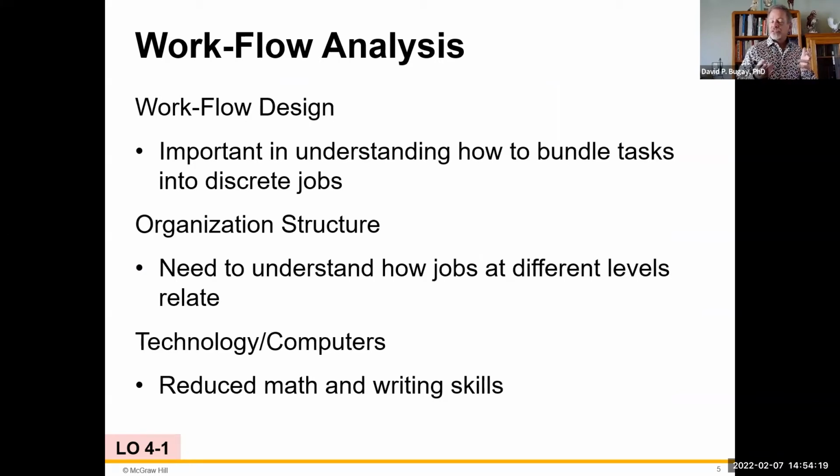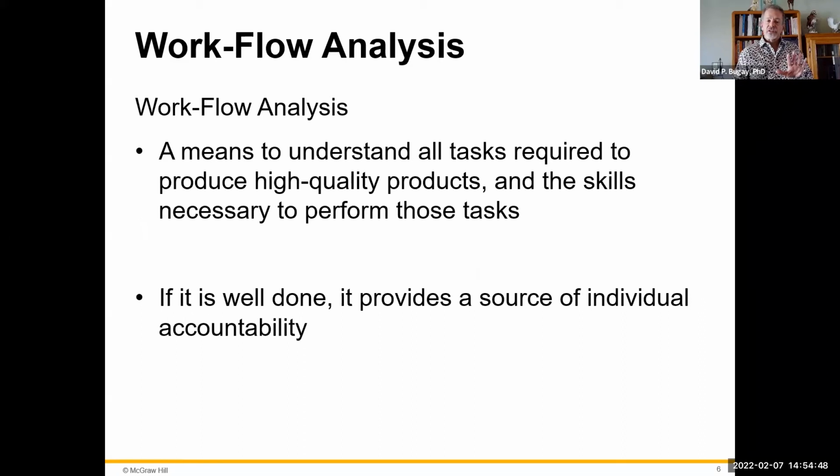Look at the organizational structure. Does marketing operate independently, or should marketing be working in coordination with manufacturing before they sell a product that isn't made yet? Should manufacturing work with marketing in making certain that when they manufacture something, the people at the other end can sell it and know all of its components? A lot of times computers nowadays are actually reducing the amount of administrative tasks and giving us more opportunities to be more creative, especially in the workflow analysis.